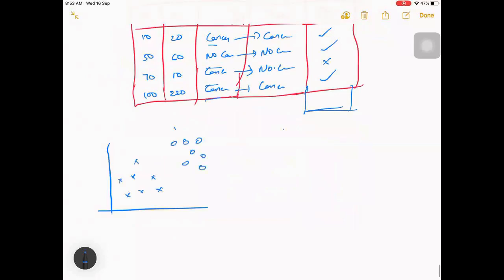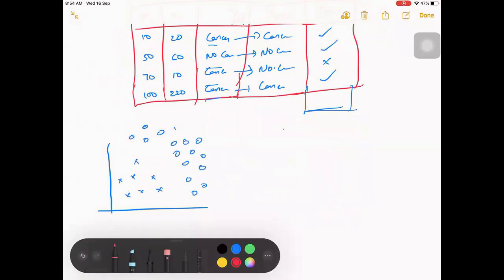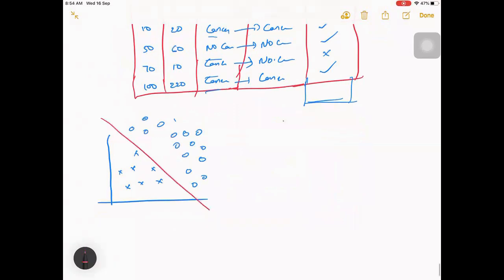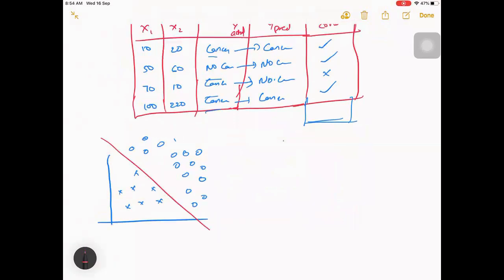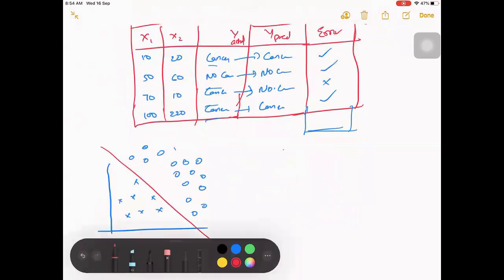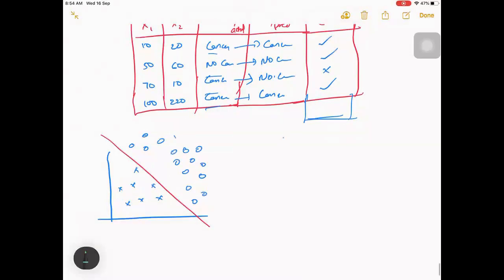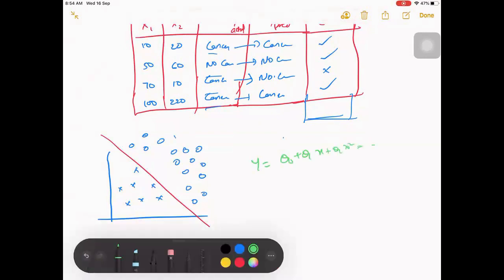So okay, you have something like this. For this, we have to again predict a line or a boundary here. This line can be non-linear, but for simplicity, for explaining purposes, let's take a linear line. So this line can be something like y equal to theta naught plus theta 1 x. We can again have something like theta 2 x square plus 1. So this is possible again. Let's take the same thing.